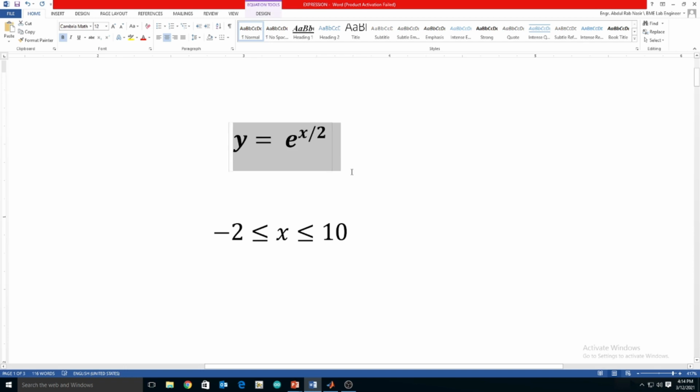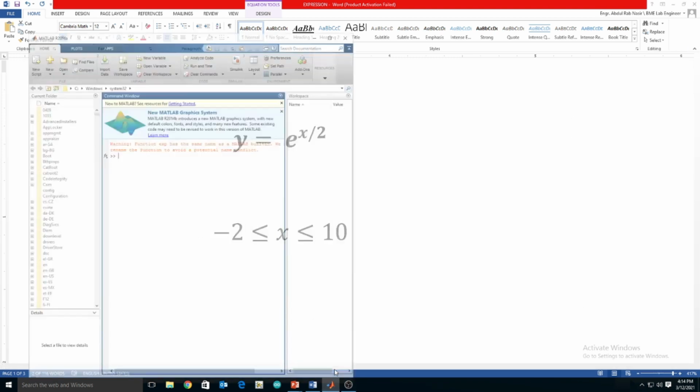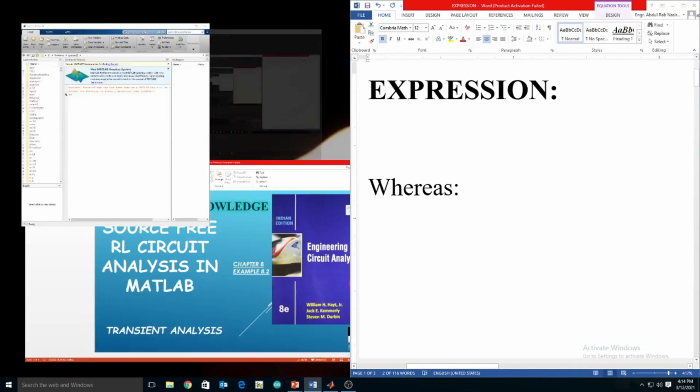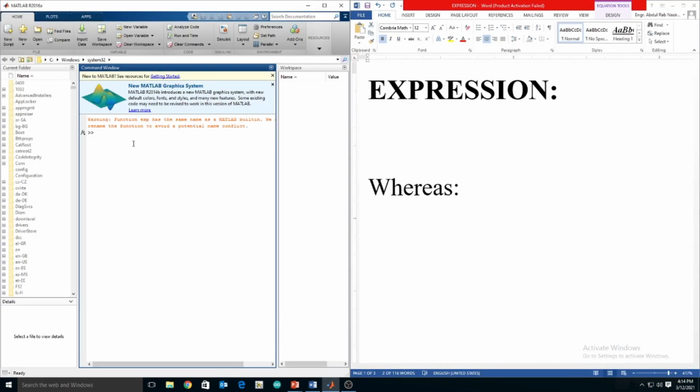So here we have an equation y equals exponent x upon 2. And the value of x, we are considering that it's from minus 2 to 10. It's less than 10 and greater than minus 2. Okay, so let's design a code on MATLAB. First we have to give the value of x from minus 2 with an increment of 0.5 to 10,